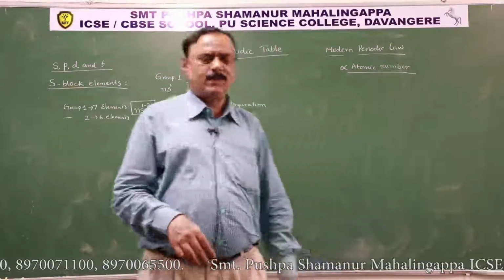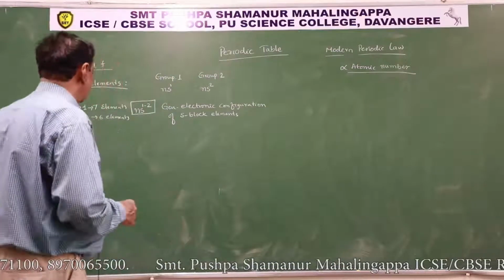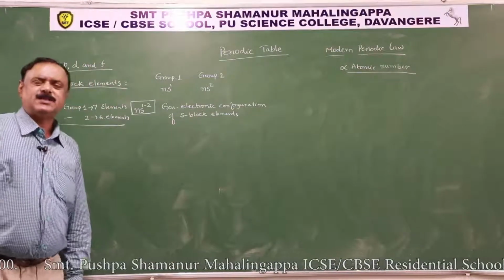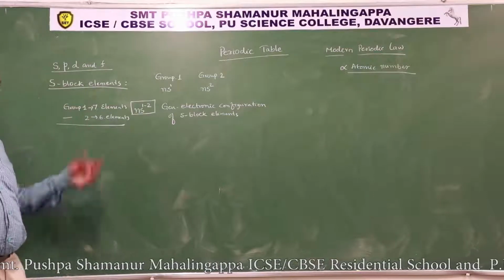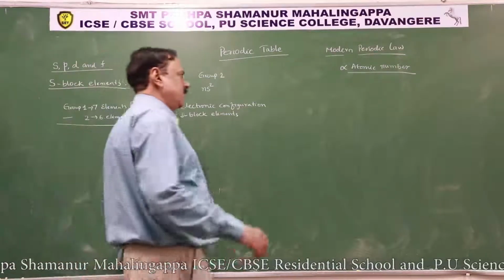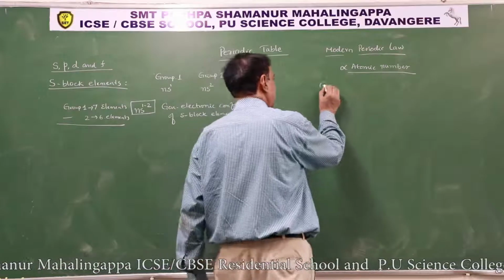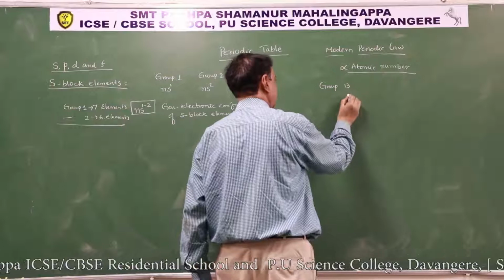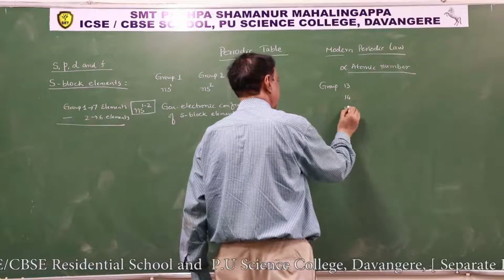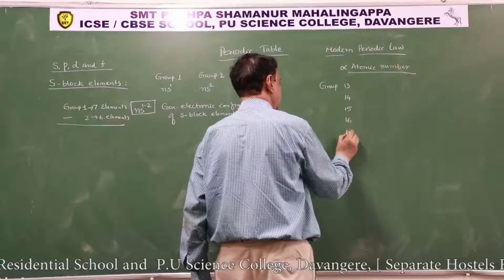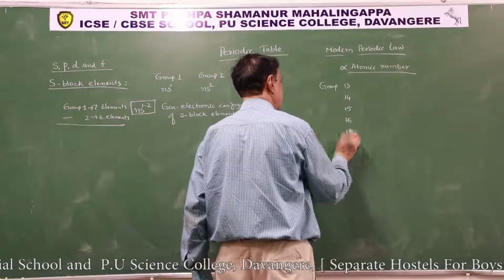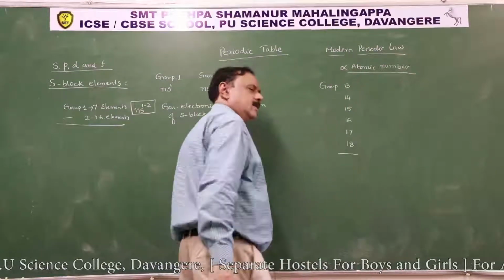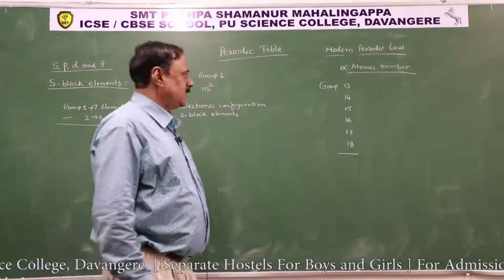These two groups are collectively called representative elements. When you come across group number 13 onwards, group number 13, 14, 15, 16, 17 and group number 18, these 6 groups,